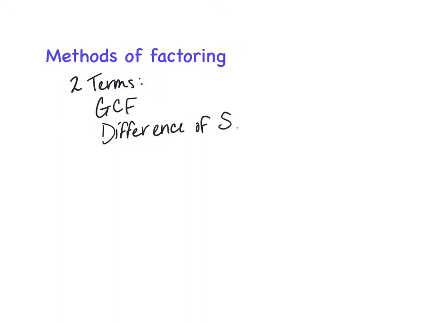So just to review real quick, some methods we have for factoring when we have two terms. We want to check for a greatest common factor. So what's the biggest number that we can divide out of both terms, and possibly a variable. You can see 5-1 for some examples of that. And then difference of squares. So that one is when we have two perfect squares and we are